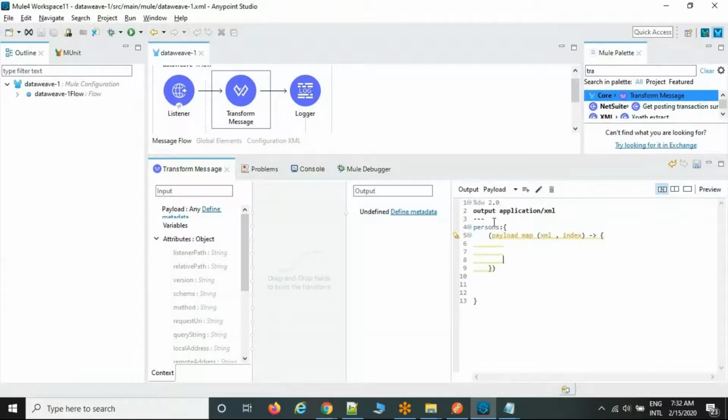See, this is the root element start tag and end tag, and this is the payload. Payload is the file component payload, that is nothing but the body. I would like to repeat the payload. So the map operator behavior is a key value pair combination. All the key values are stored under XML, and stored like index based values. Index starts with 0.